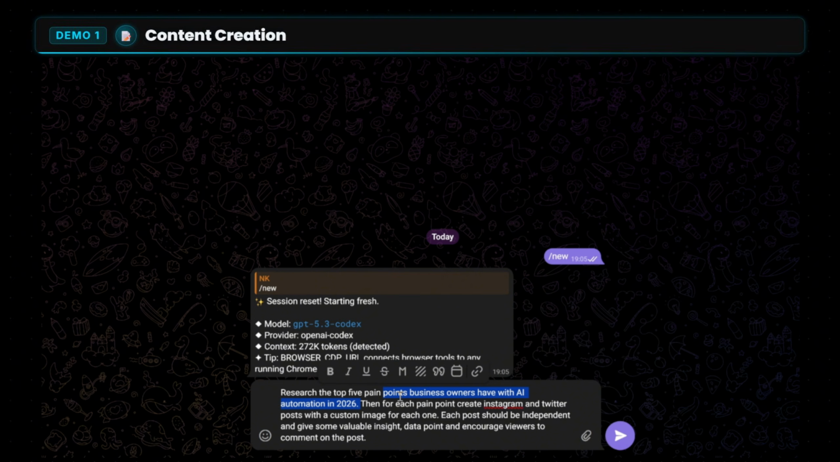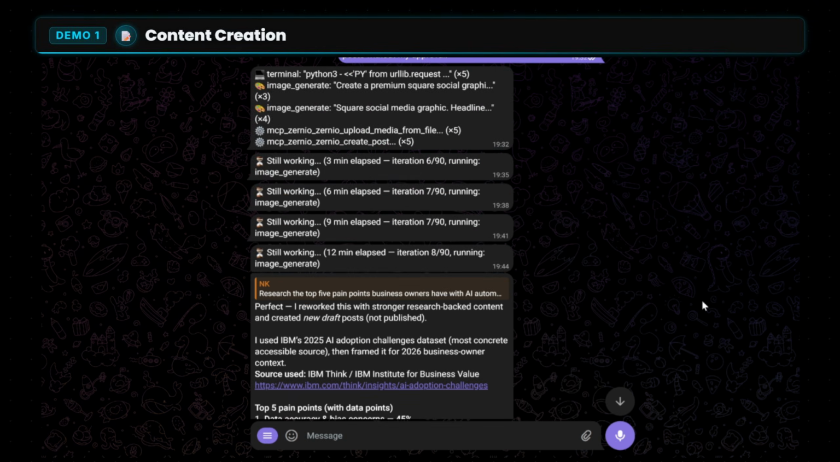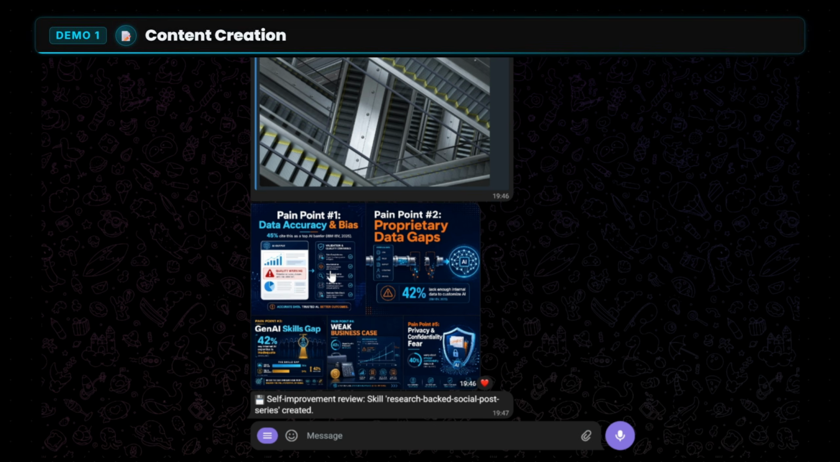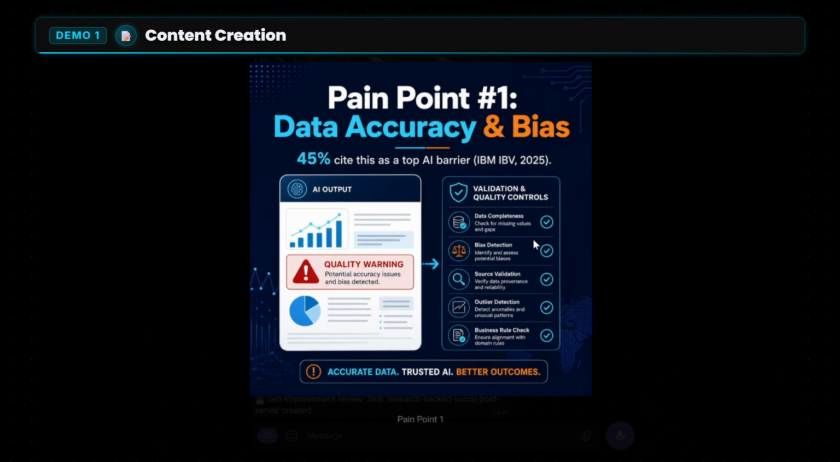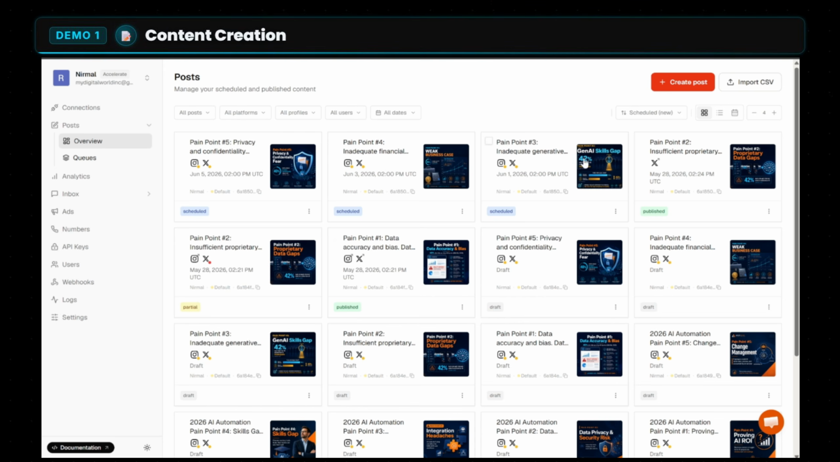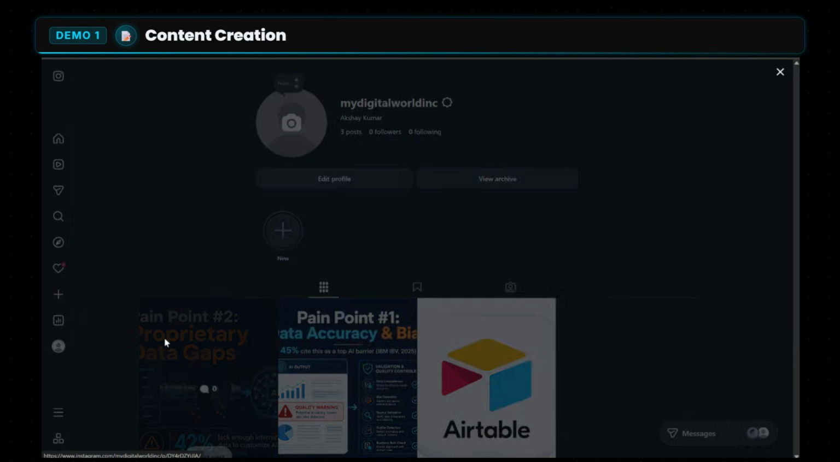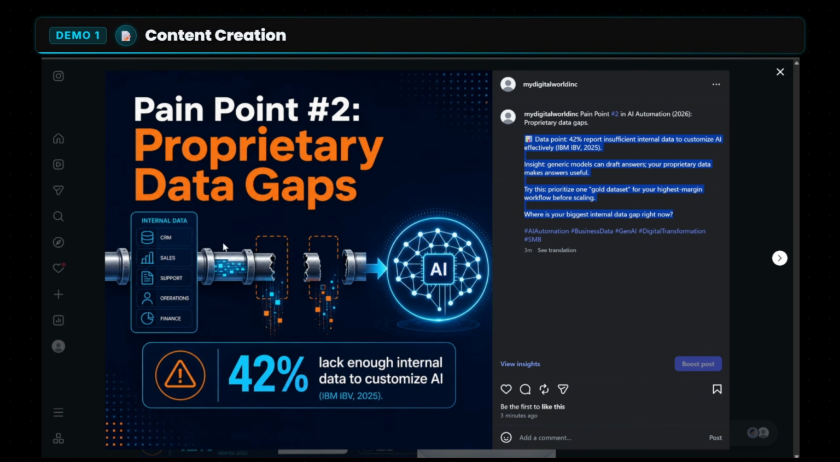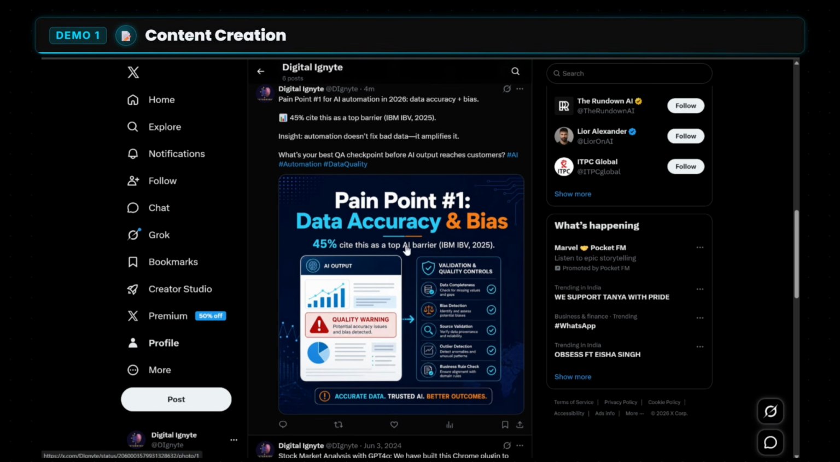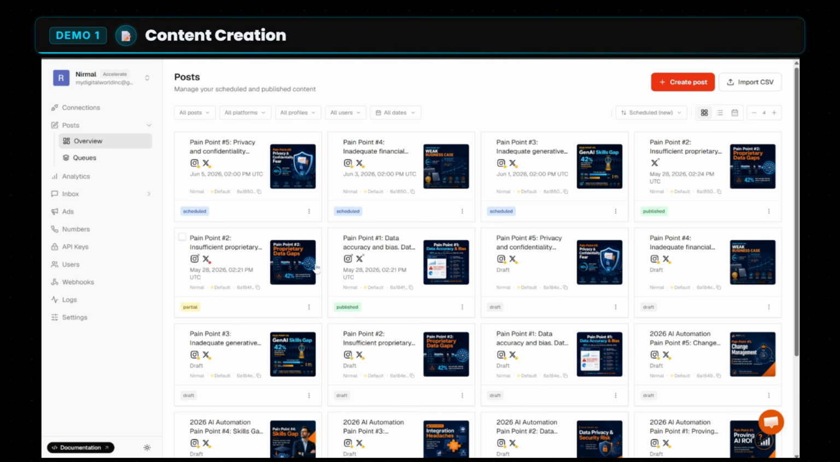I'm chatting with my Hermes agent in Telegram, and first, I'm asking it to research 5 pain points in my niche and create posts with custom images for each one. It does the research, generates the images, writes platform specific captions, and schedules an entire week of content. So these are the Instagram posts it created, these are the Twitter posts it created, and these are the scheduled